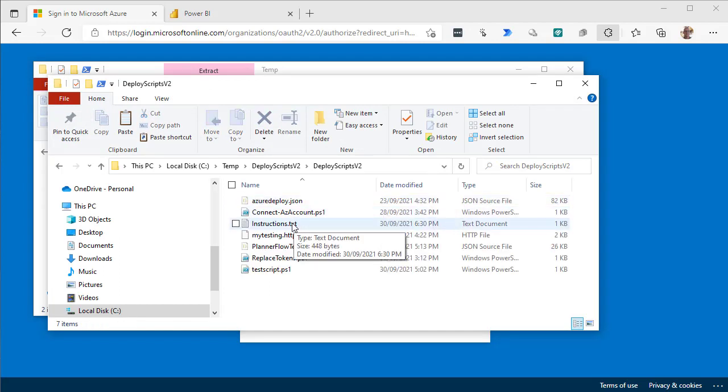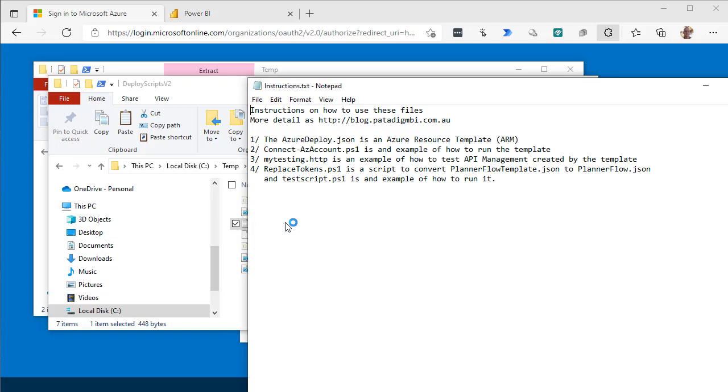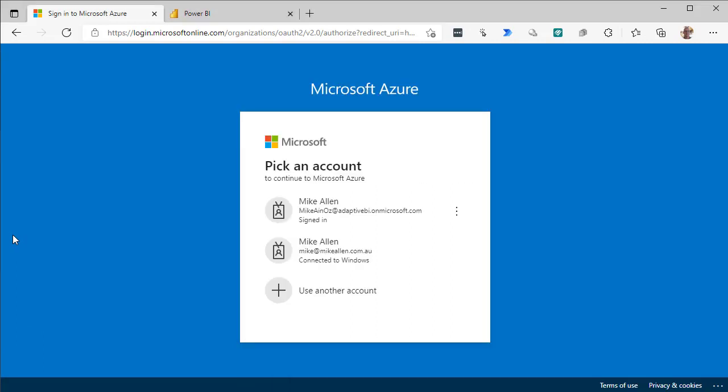Now the first thing to note is there are some instructions here which we'll just have a quick look at. So what we have here is an ARM template. We have a file called AZAccount.ps1. It's an example of how to run the templates. So to run the templates, the first thing we need to do is log into